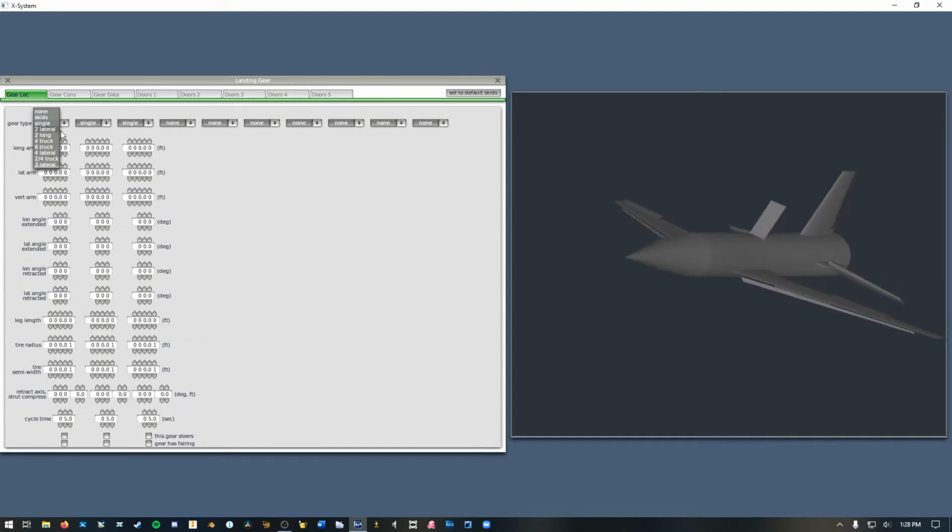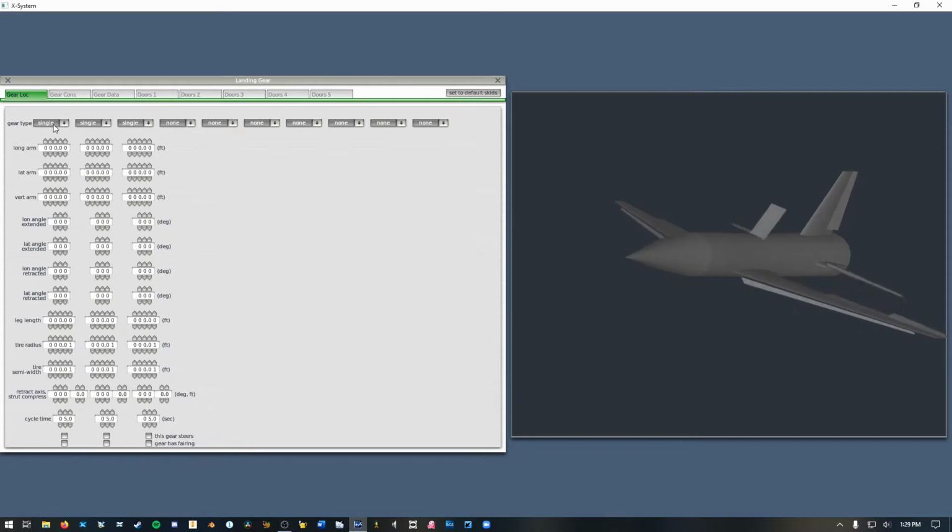You can have 2 lateral, which is 2 wheels with lateral separation, and 2 long, which is 2 wheels with longitudinal separation, then a 4 truck, which is basically 2 sets of 2 laterals with some longitudinal separation, then a 6 truck, which is 3 sets of 2 laterals, and then a 2-4, which I can maybe show you later because it's kind of tricky to describe,